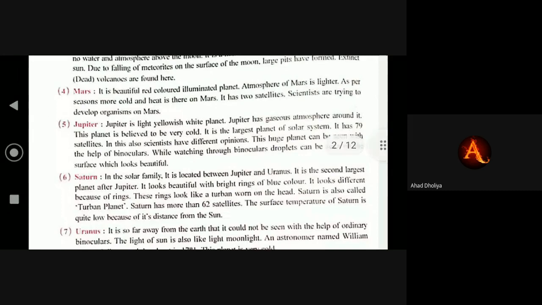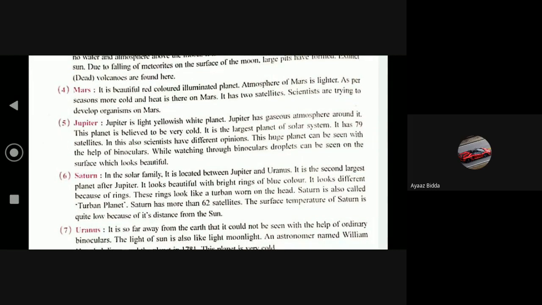Mars. It is a beautiful red colored illuminated planet. The atmosphere of Mars is lighter. As per the season,